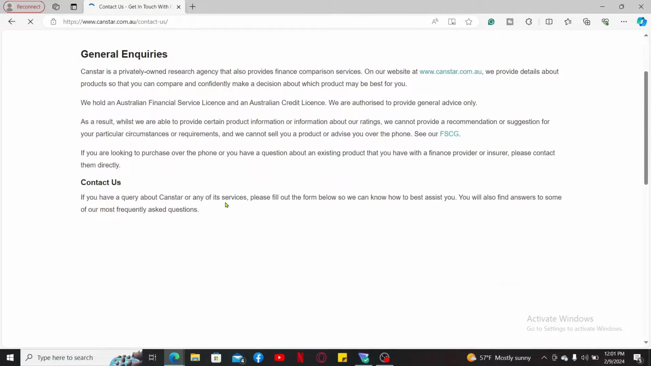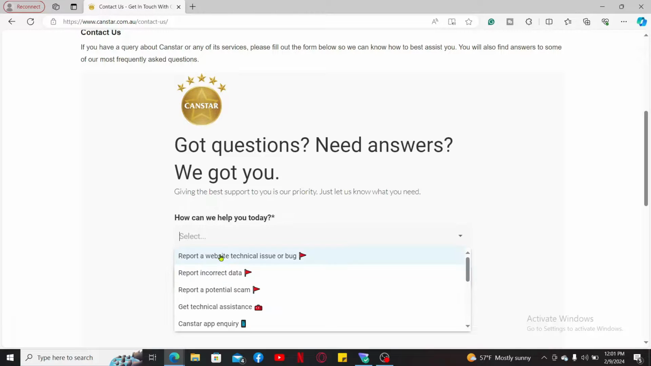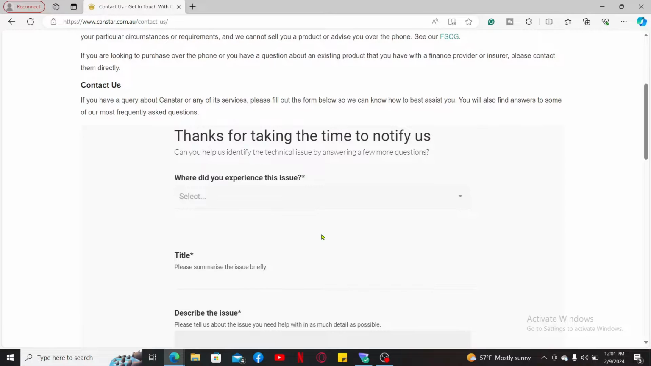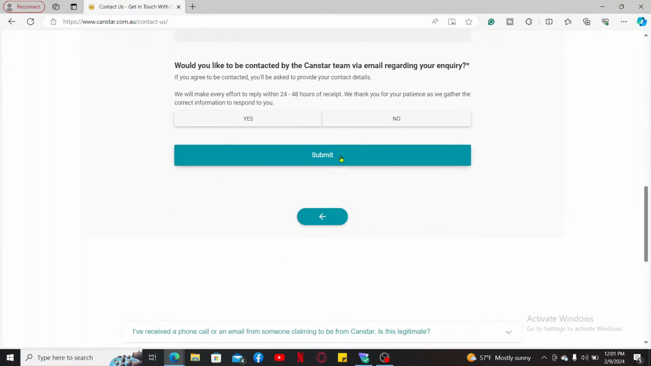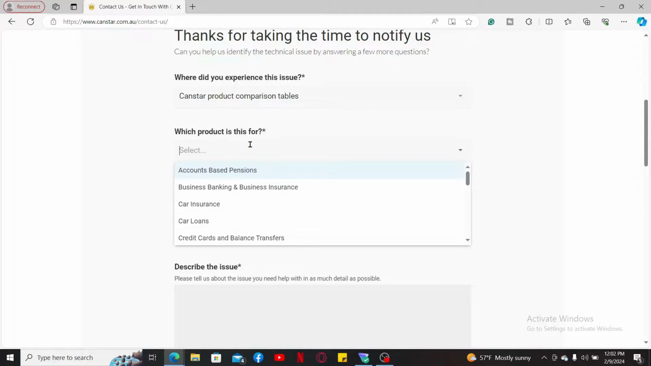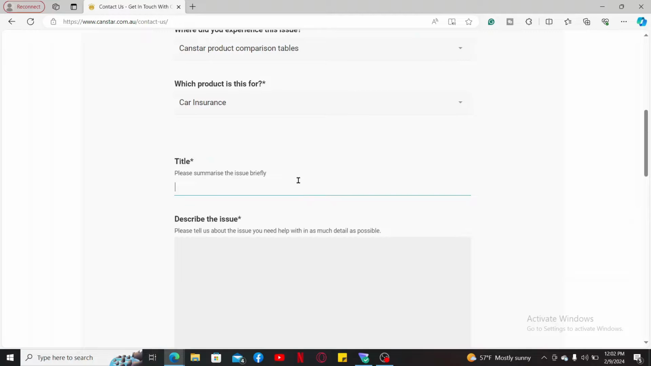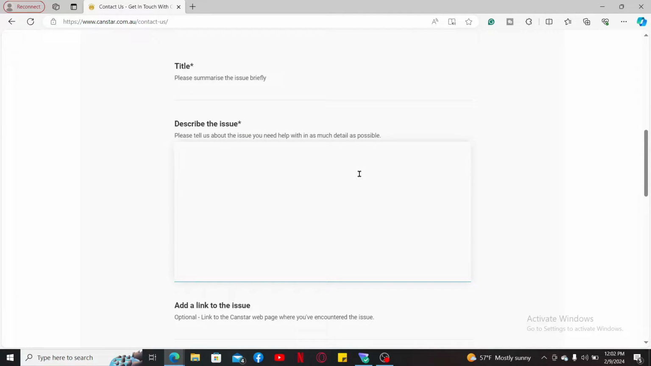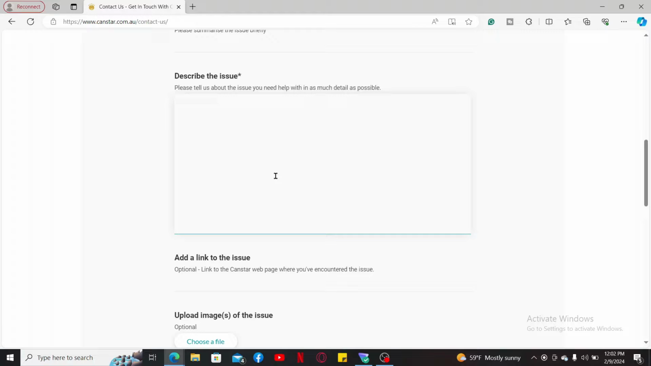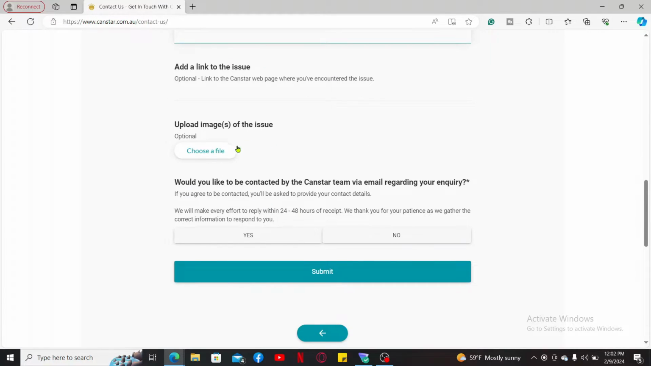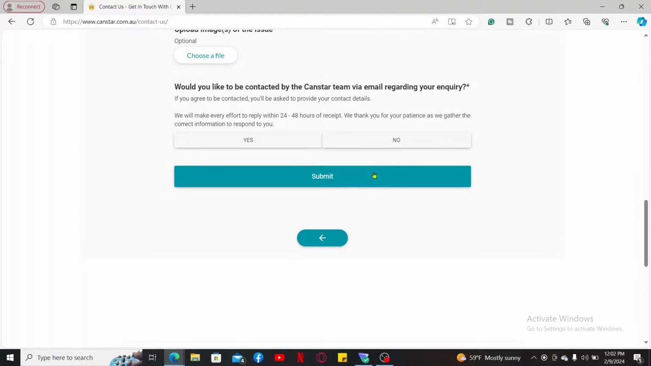In the Contact Us page, scroll down and then go ahead and select one of the options that you need inquiry on. After you are done with it, you can fill in this form and then contact the customer support about your inquiry. Select where you experience the current issue you are going to talk about and then enter the titles and describe the issue in the box with as much detail as possible, and then if you've got an image of the issue that you can upload, click on choose a file and upload one of the images you'd like to mention. After you are done with it, you can click on the submit button to submit the inquiry